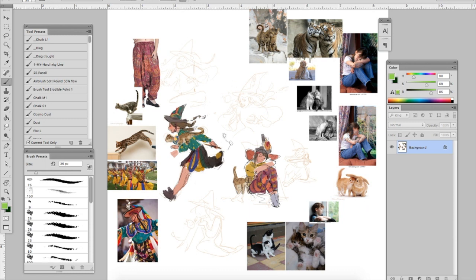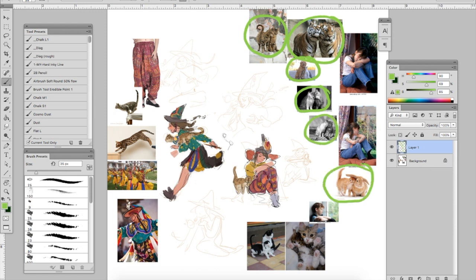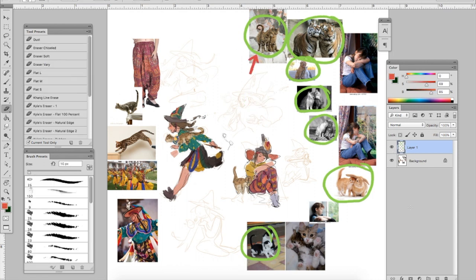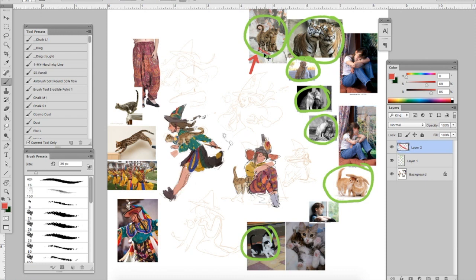For instance, you can see in this one I have images of cats putting their face against another animal. Why do I have 6 images? It's because I'm trying to figure out the pose that this cat is in. And this one, let's see. I like this image because it showed the perspective of the cat's legs. Tail had a nice curl to it, a cool shape, and you can see the cat kind of in profile